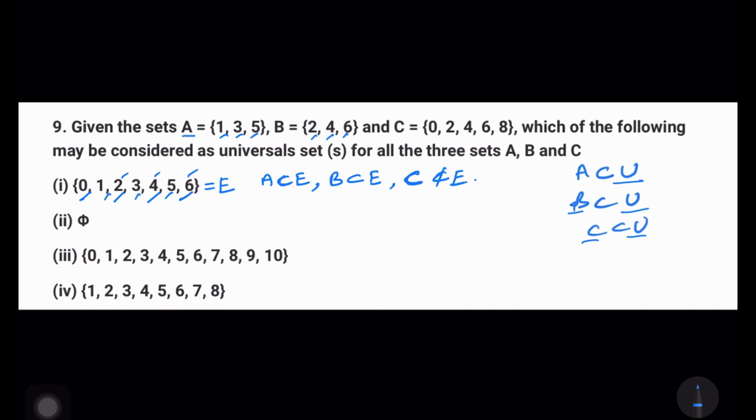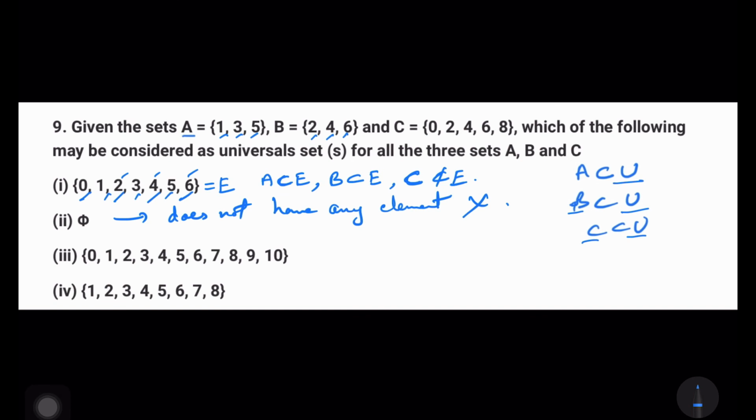Now next we go into the option with 5. There's only one element, so it does not have any element of the sets, so it is not at all a universal set. You cannot take anything here. So next, going into the next one,